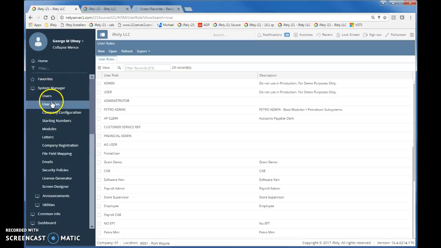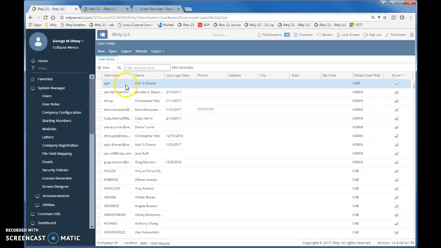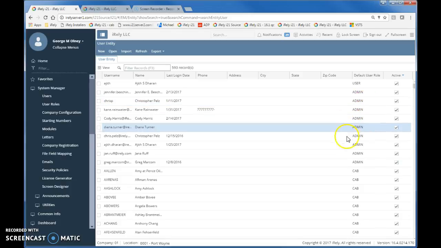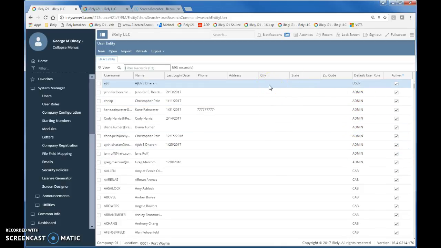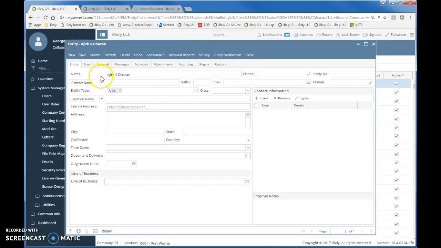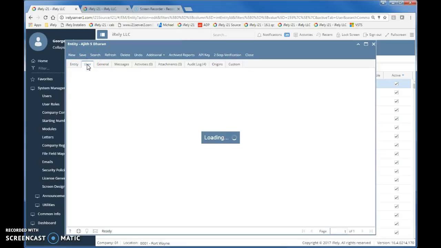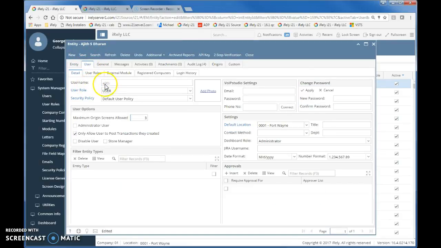So I'm going to go inside of System Manager and I'm going to look at the users. So users can be set up from within the screen, but what we've got here is the user and their default user role. So this is where a user gets associated with the user role, and the user role is like what screens they have access to. So that's the first thing, is the user, and the user can be opened by just double clicking, and then you can go into the actual user tab here and you can see the username and